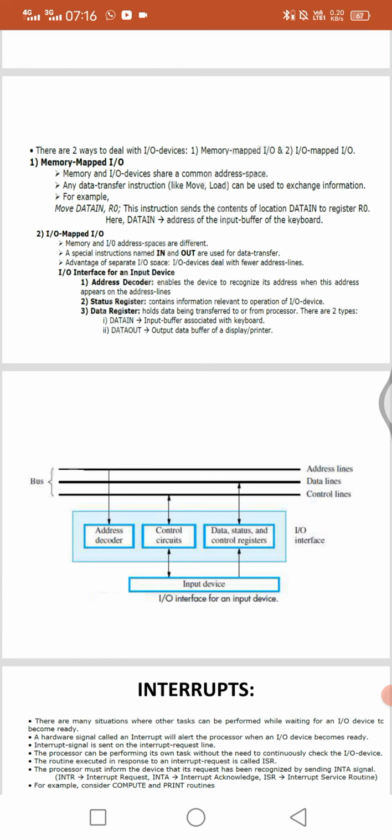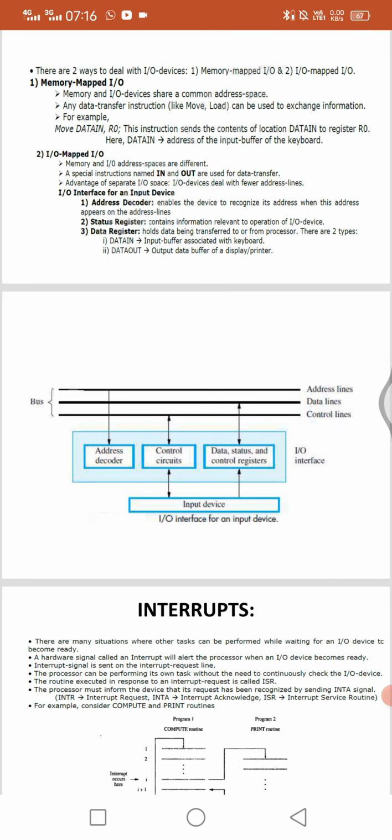Coming to input and output mapped, memory and input and output address spaces are different. In the previous case both share a common address space, but here the addresses are different. A special instruction, in and out, is used: in for input purposes, out for output purposes. The advantage of this is that input and output devices need fewer address lines.